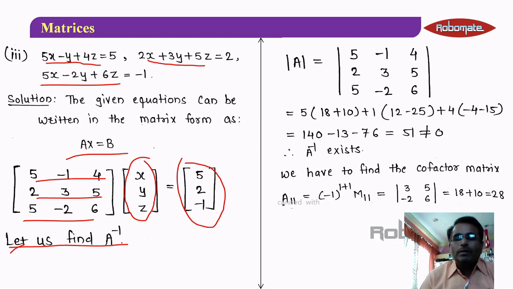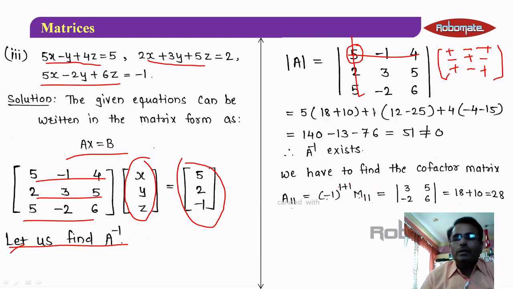So if you are considering A11, that is for this element, how it is obtained, we have seen the sign rule. It is plus minus plus minus plus minus plus minus plus. This is your sign rule. So according to this sign rule, you have to eliminate this row and this column, and there is a plus sign here. Therefore minus 1 raised to 1 plus 1